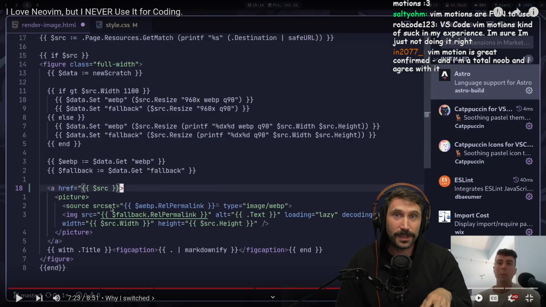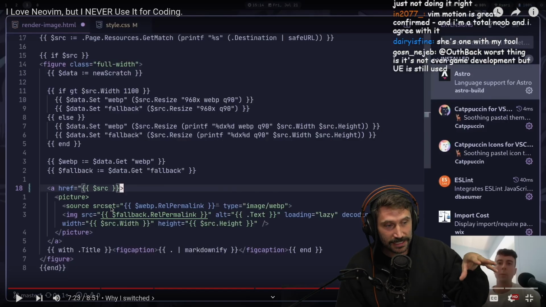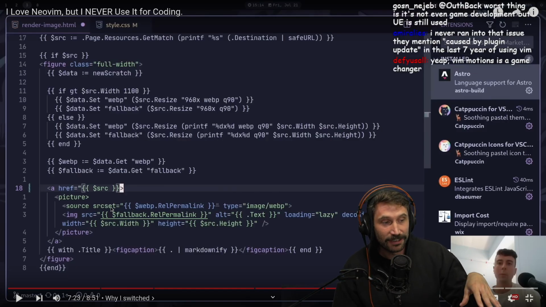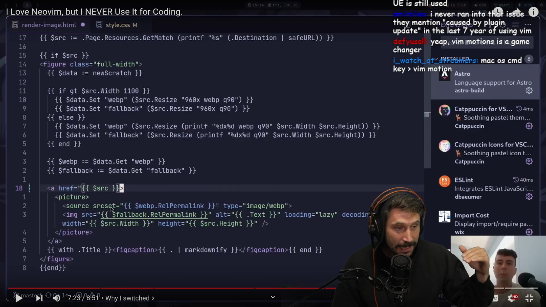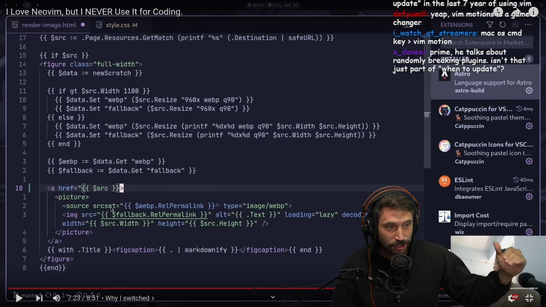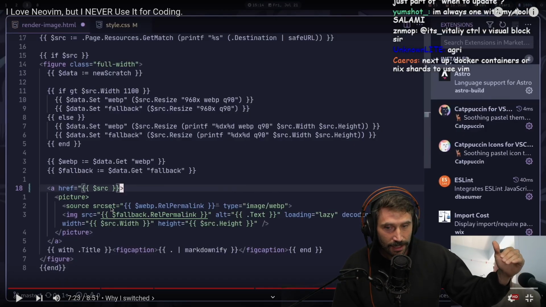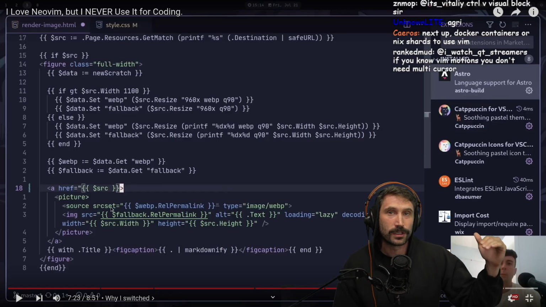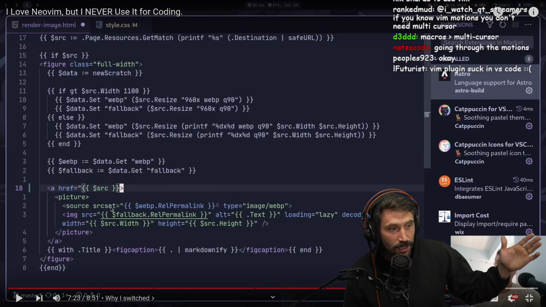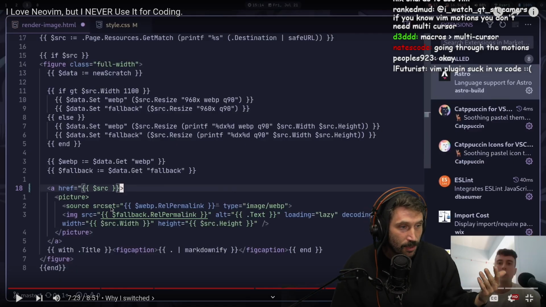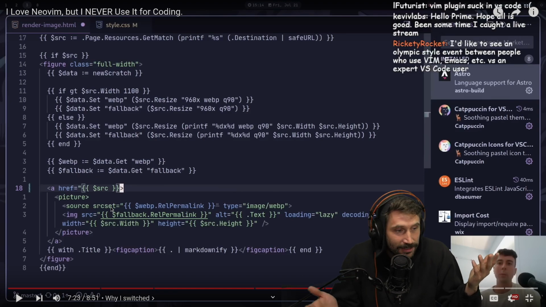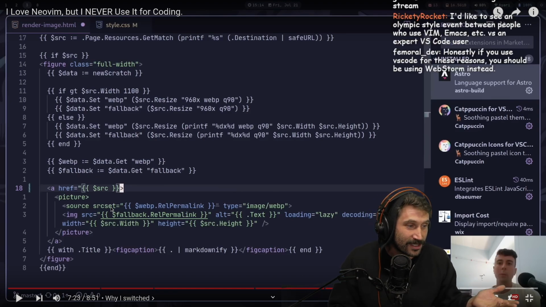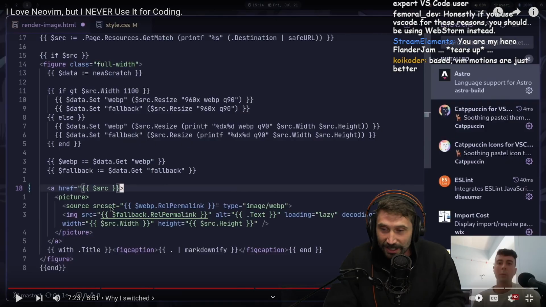Vim motions. I don't care about your editor. Start with the motions. It's going to reap rewards ad infinitum, right? It just keeps on going. And so just start there. Start there. And then if you never want to move forward, don't ever move forward. If you want to, keep doing it, right? Keep going as much as you want. I don't care. That's just the way, some people are more curious in certain things and other people aren't and they don't care. That part doesn't matter.